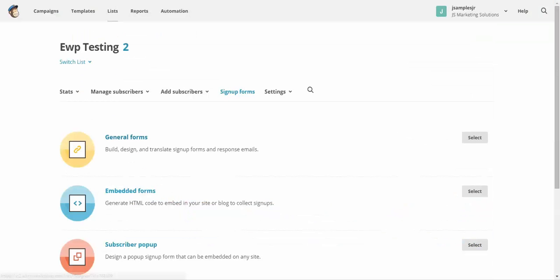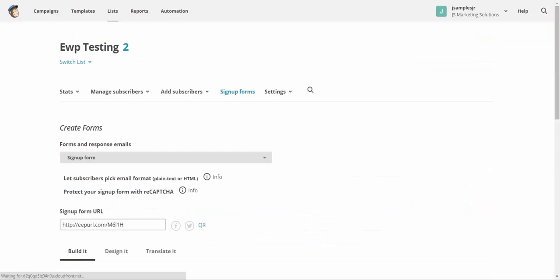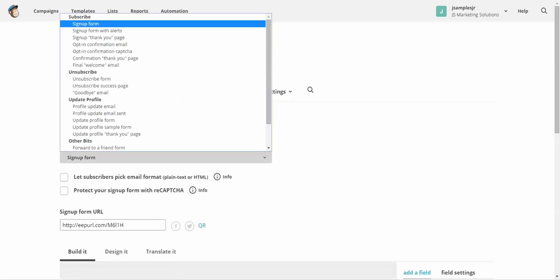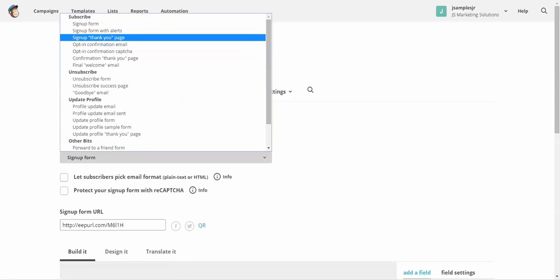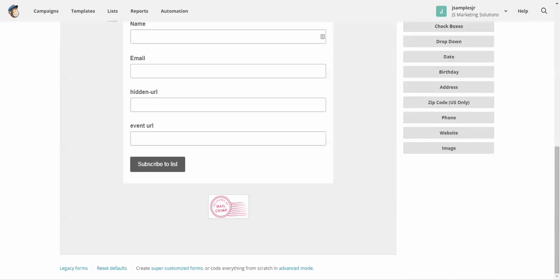You would then go to General Forms and select from the sign up page. The sign up thank you page is the one you're going to want to put it into if you want them to go directly to the thank you page after they've registered. If you want them to see your opt-in mail that you create here,